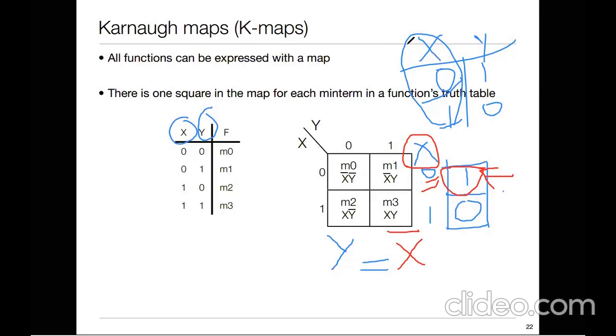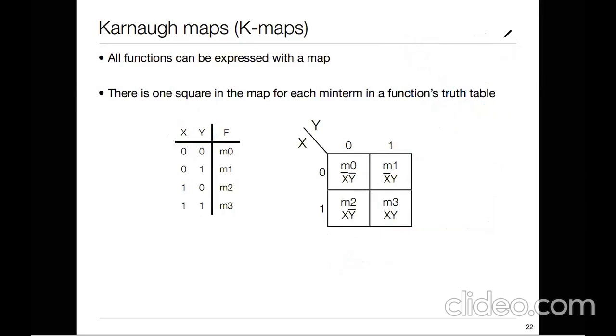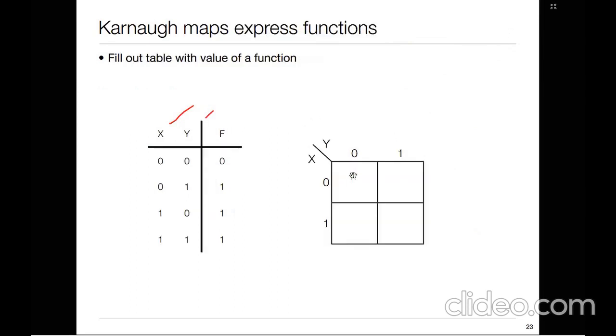So let me go to 2 variable K-map now. Now this is a 2 variable K-map. I have X over here. I also have Y, 2 variables and function 0. Now how do I write a 2 variable K-map? 2 variable K-map is written in the rectangular form like this. See, I have the rectangular form.